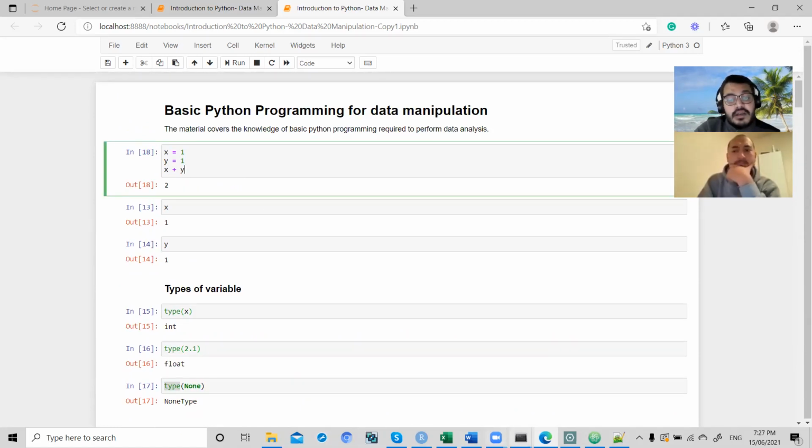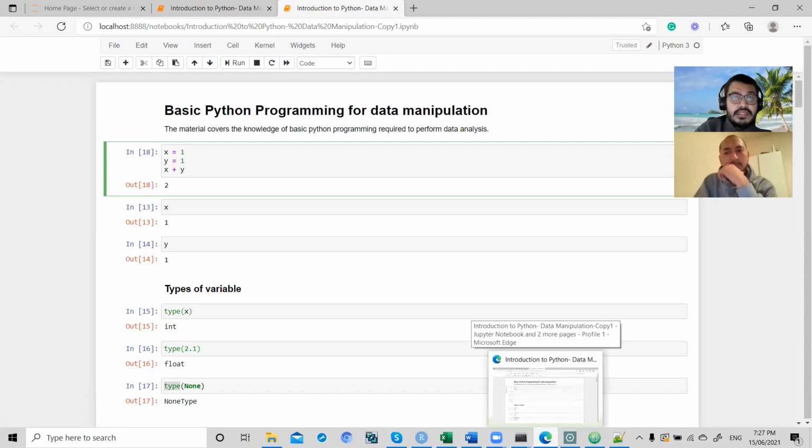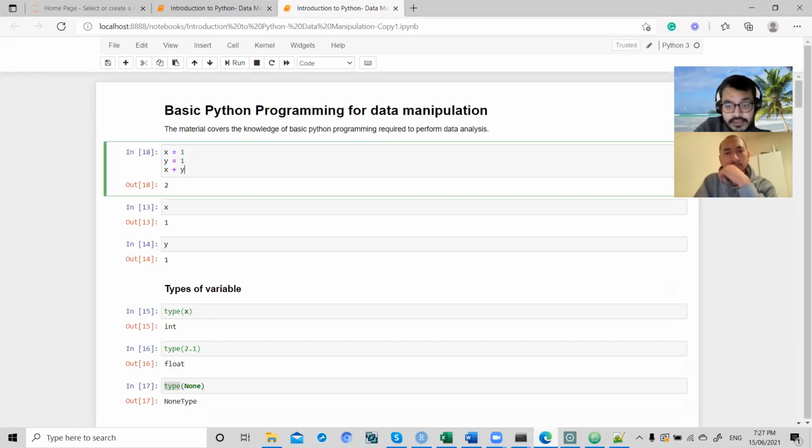In the next week we will start with data manipulation in files. So in next week, if you see,